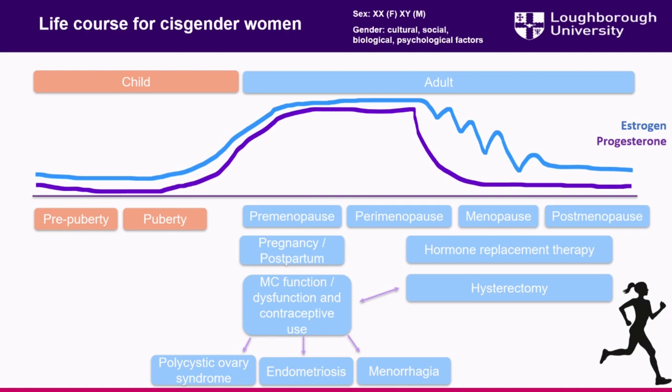Then what we see in the postmenopausal stage is a rapid decline in these sex hormones, which plateaus out towards later in adulthood. So you can see here that obviously throughout the life of a female, you're going to see variability in terms of their steroid hormone profile. This is influenced by biological age, but also by other factors which might be lifestyle choices such as contraceptive use or pregnancy, or other factors such as medical conditions.